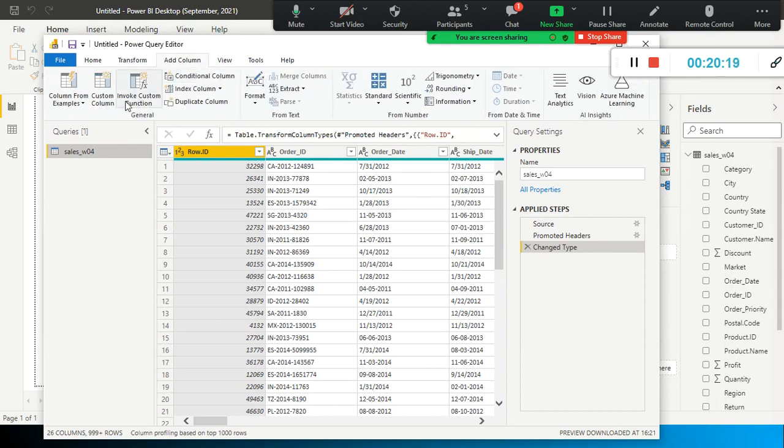So yesterday we tried with this one. We tried with the columns from examples.